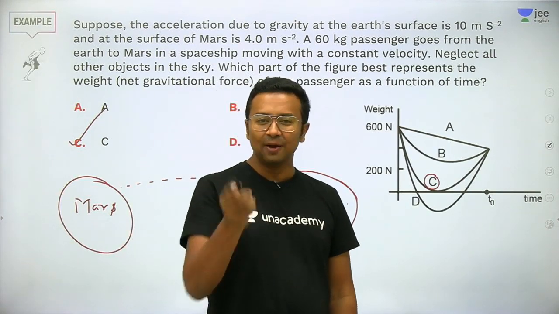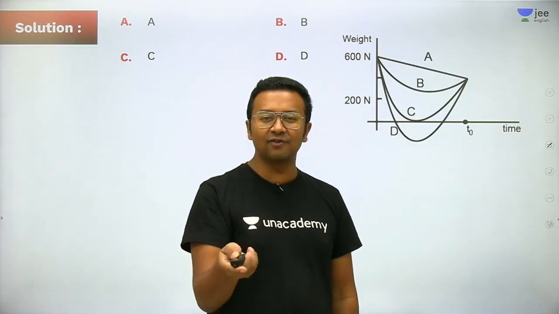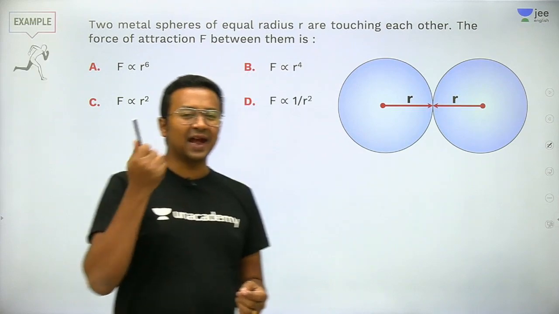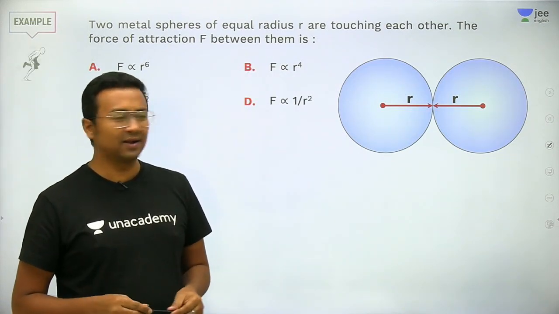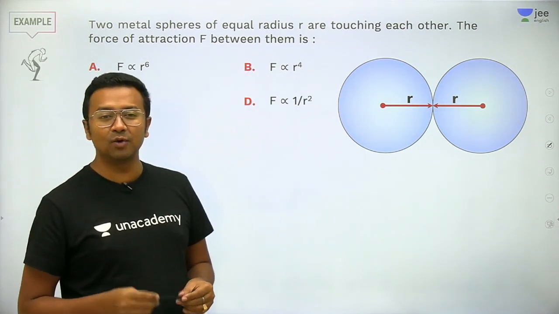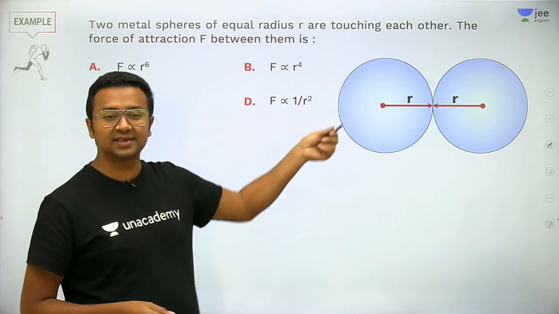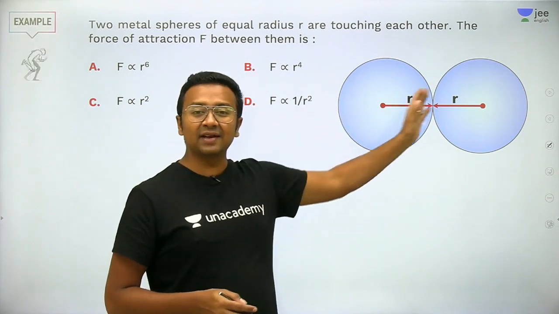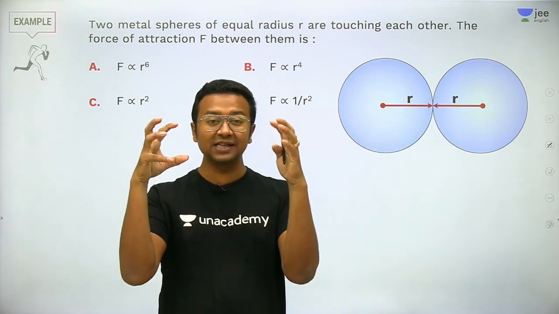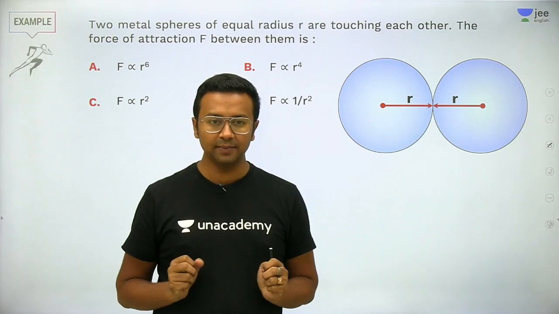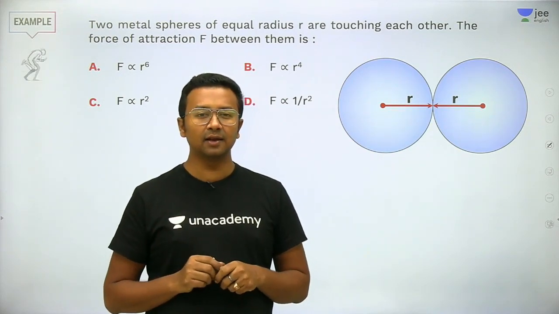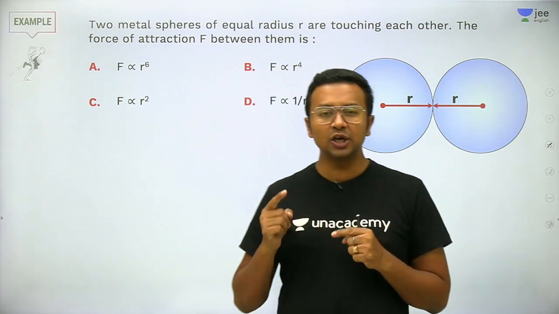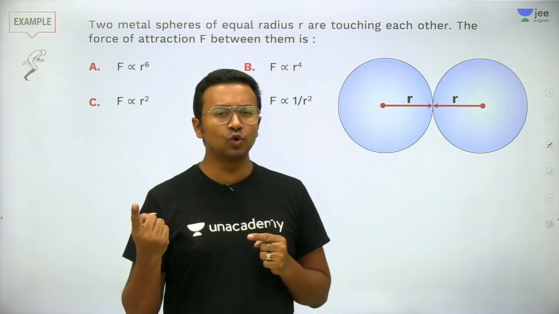Okay, students, more such questions right in front of you. This one. Questions that actually can make you think for a little bit. Okay, what do we have here? I have got 2 spheres. You can see them very clear. Both are having a radius of r. And they're metal spheres, touching each other. They're asking us that the force of interaction between these 2 metal spheres will be proportional to which root of